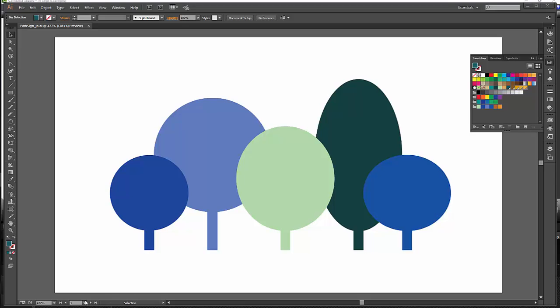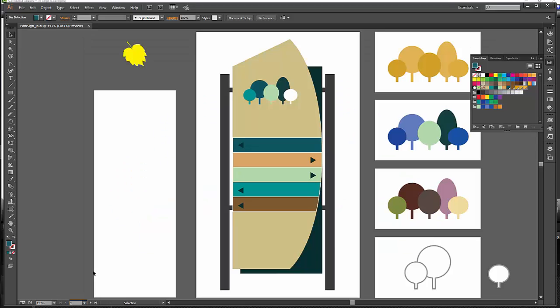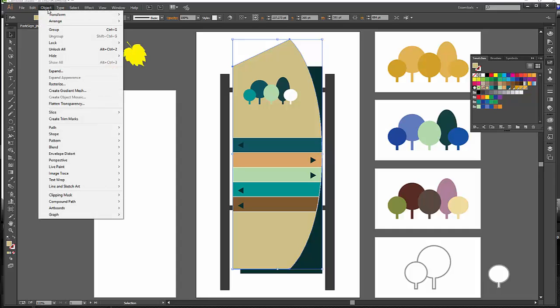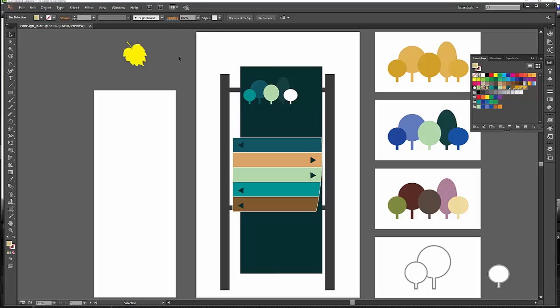Let's move back to artboard number 1, and with the selection tool, you need to select the large light brown shape and hide that. So go to Object and Hide Selection. So that leaves us with the dark green behind it. Now,